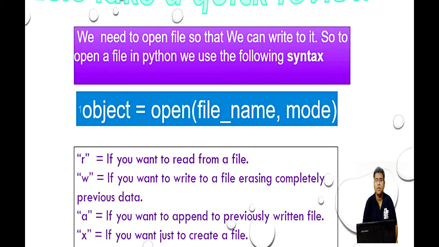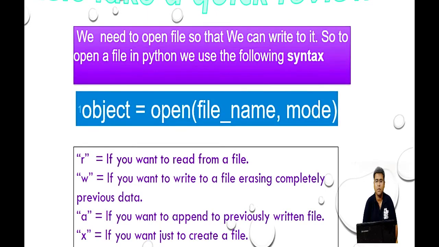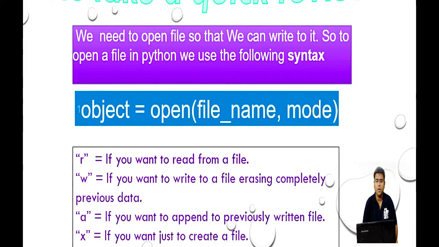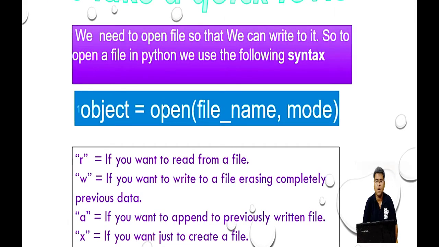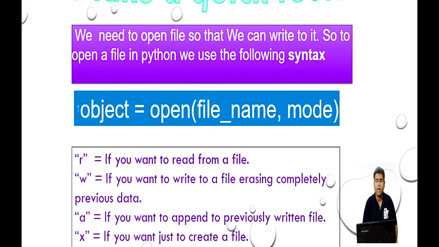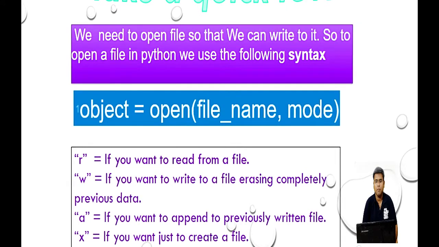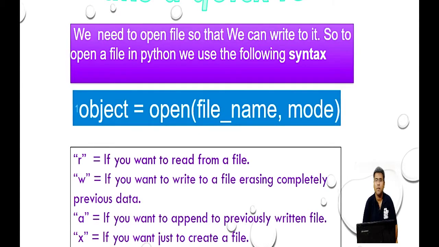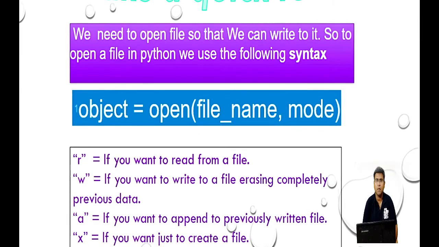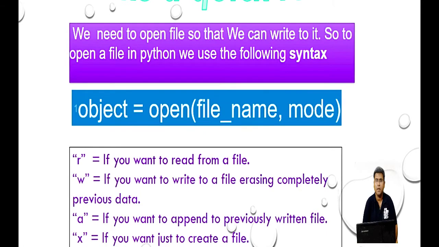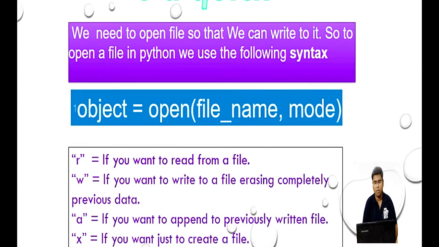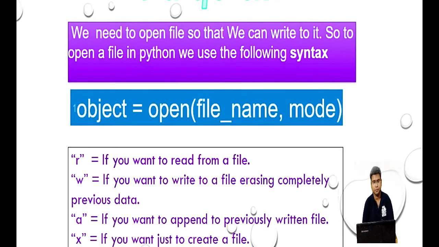This is the syntax. First you write the object name, then open, which is a function, and brackets, and inside that there will be parameters. There are mainly two parameters. The first parameter is the name of the file on which you are going to perform any kind of operation, and then you have to mention the mode. What the modes are, I will mention very shortly.